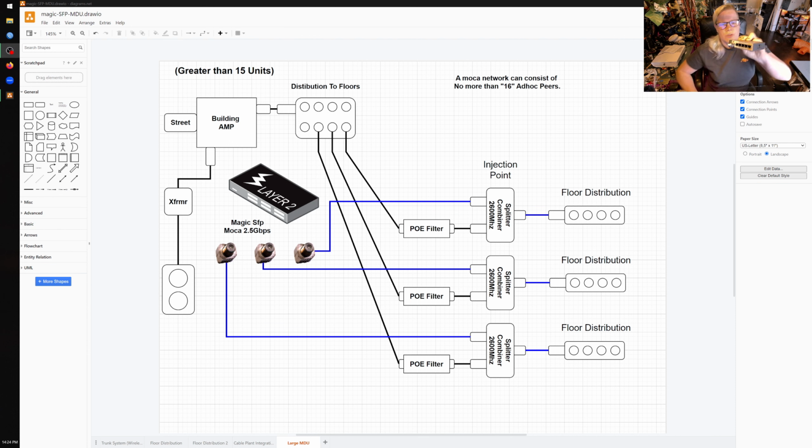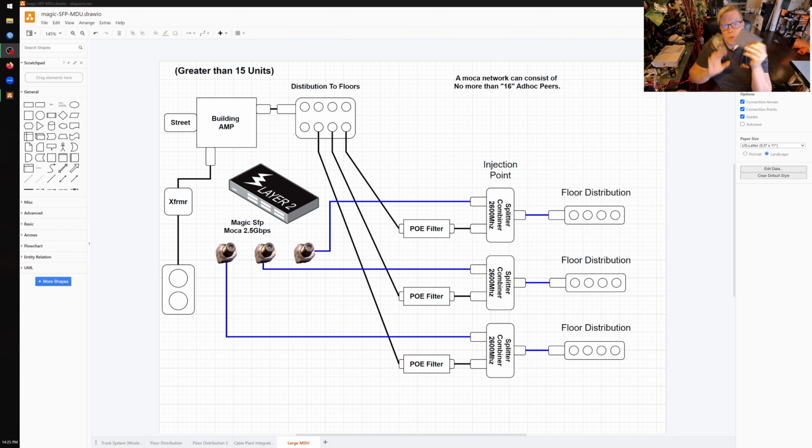Jump cut. So you could take something like a Hex S, say, and put one of these on each floor if the building was big enough and the cable runs were too long. And you could, say, run something like a piece of Cat5. So you could put these all in switch mode, right? Put one on each floor, and then carry a couple of Cat5 feeders up alongside the coax and daisy chain